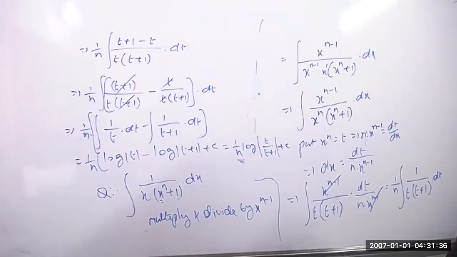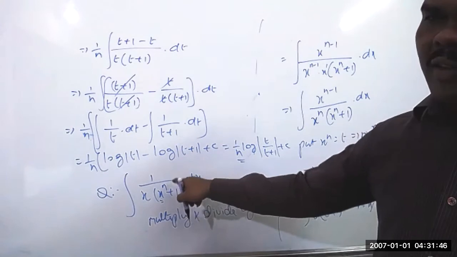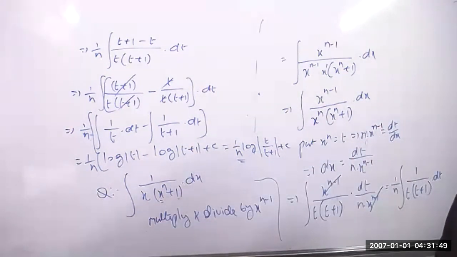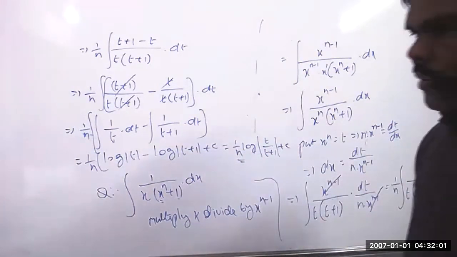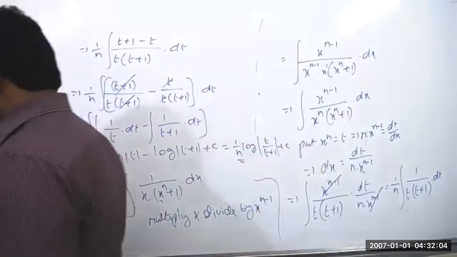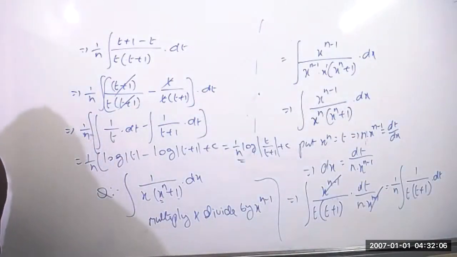Sir, is there any other way to solve this question? No. If they had given that the n value equals some other number, maybe we would try converting into 1 by root of x square plus a square like this. But here the n is given, and we can't do anything, so compulsorily we have to do that. Okay, I'll give one more question. You'll do that. First complete this.